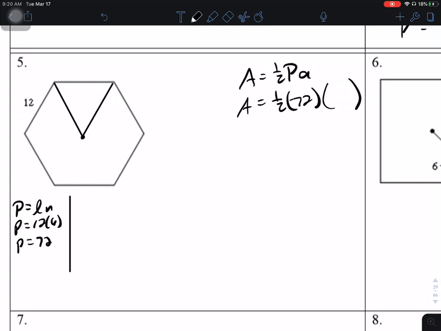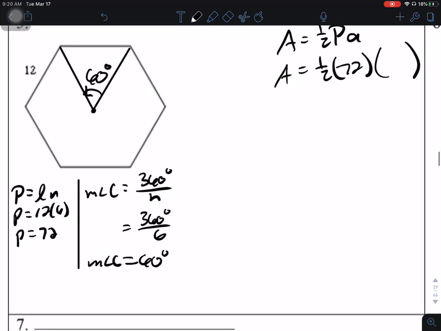This here is a central angle. In a regular figure, a central angle is 360 divided by a number of sides. This is a 6-sided polygon, so the central angle is 60. And as lovely as it is to know that 60, it's more important to know what half of that is. Because if we draw an apothem